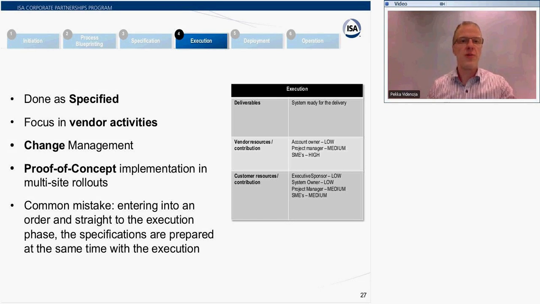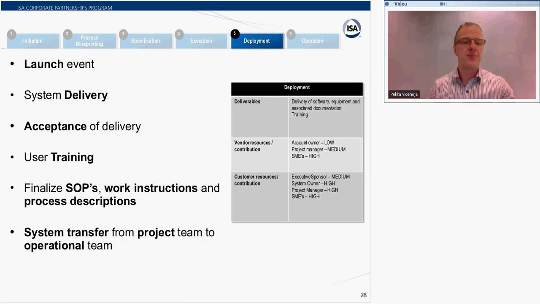Okay, now we assume that everything is executed as planned and everything is ready. Comes the most interesting part, the deployment. First, it's good to remember the launch event: even though you are rolling the solution out at your own site where the previous four stages were executed, there are still people who haven't seen the system or who haven't got a clue what we are doing. So the launch event, the new process and the system must be sold all over again to the new people and the stakeholders,